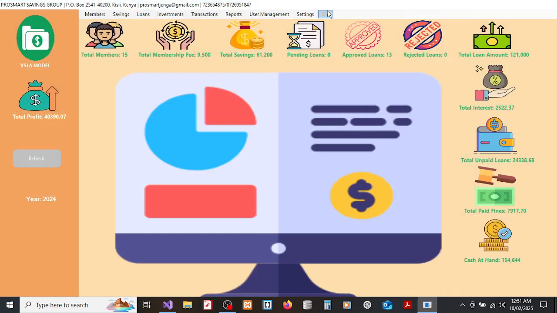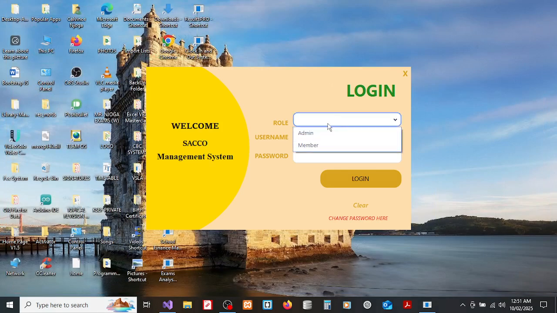So when we are logging in, we are going to log in as an admin or a member. Those two roles are the ones the system will check on during the login. When you are admin, you are able to access the whole of the system. When you are a member, you are able to access your dashboard where you will be able to see how you make contributions. Okay, let me log in as admin so that we are able to check on the whole